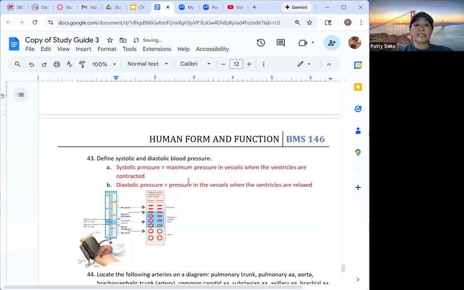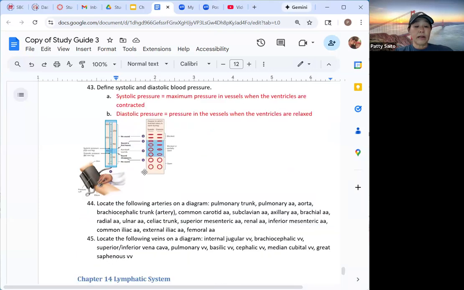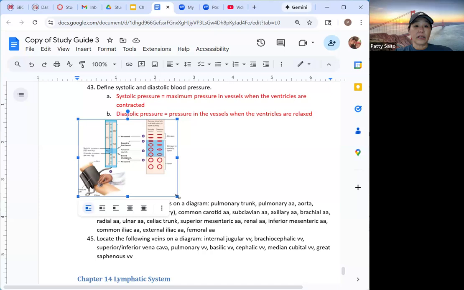All right, these are called the systolic pressure and the diastolic pressure. The higher number is the systolic pressure, and it's the maximum pressure in the vessel when the ventricles are contracted. So you'll take your blood pressure here, at the brachial artery,